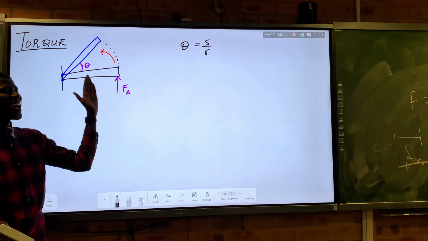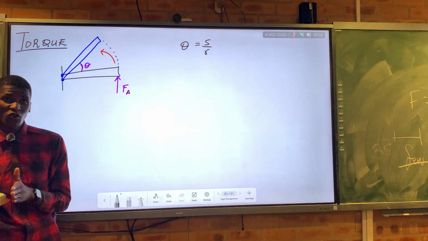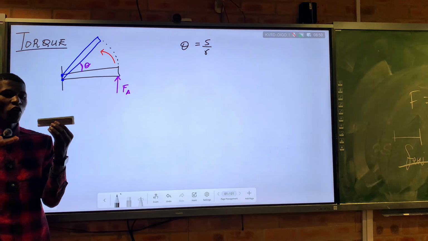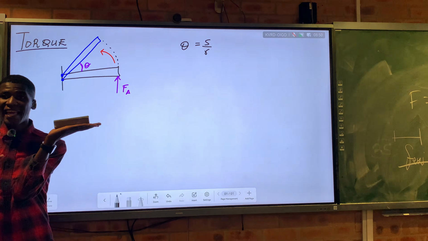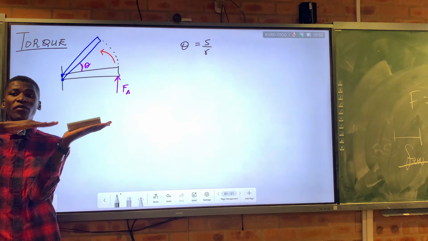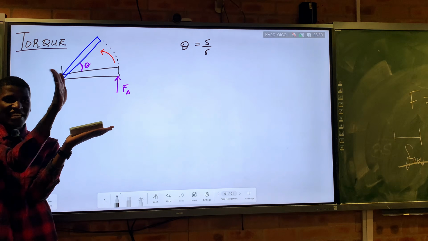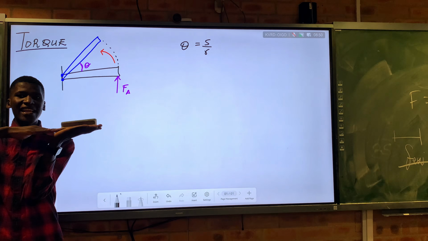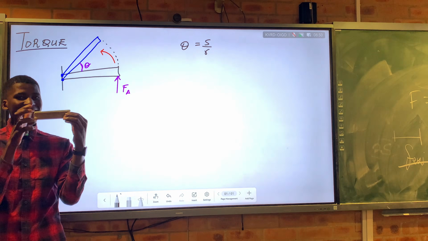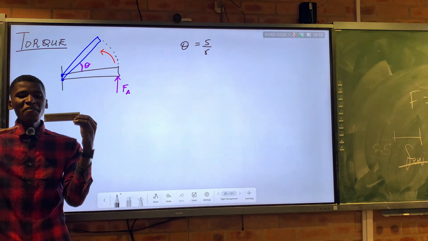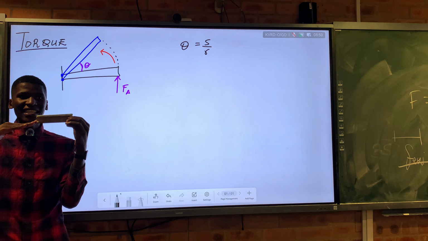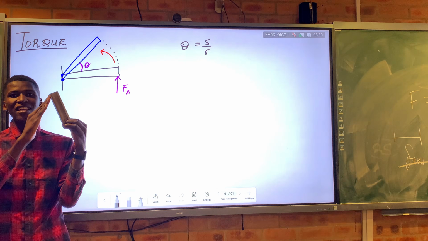Basically, when we apply a force, we know a force actually causes an object to move in straight lines. For example, this is an object. Let's just assume that it's on a table, and then I apply a force. A force is a linear quantity, because I'm applying it along a straight line. When I apply a linear force, it causes an object to move in a what? In a linear motion. But when I fix the object at a certain point and apply the force, does the object move in linear motion? No, because I'm fixing it. If I apply the force in this case, it rotates.